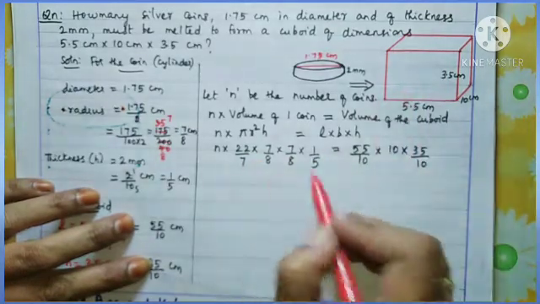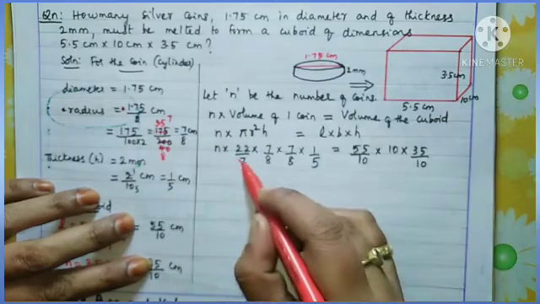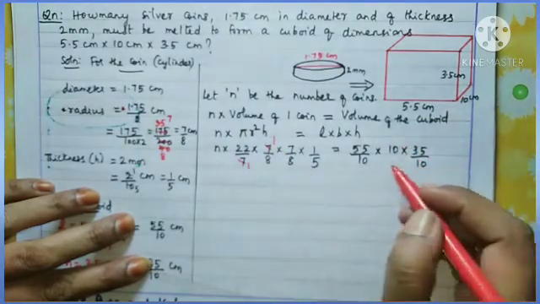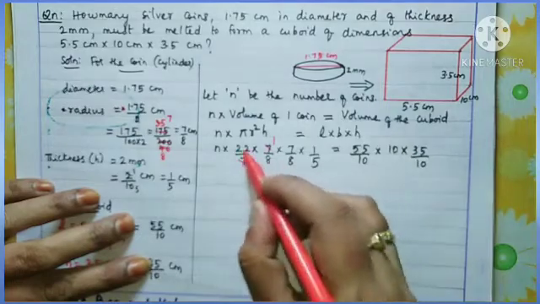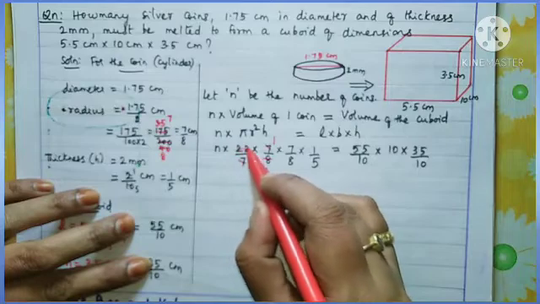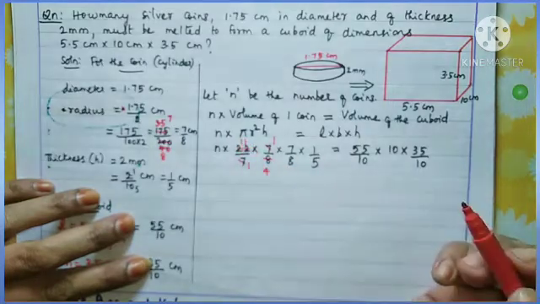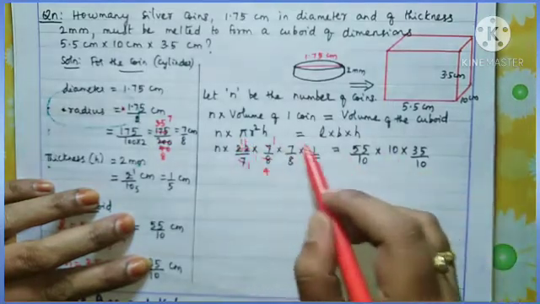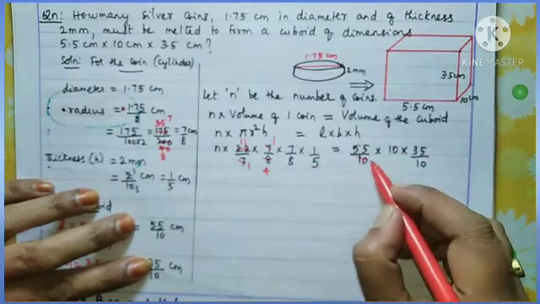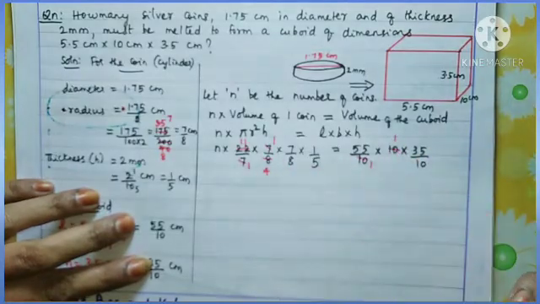So here you see, here 1 7 can be cancelled. And here this 22 and 8 can be cancelled by 2 table. 4 2s are 8. 1 2 is 2, 1 2 is 2. Then any more this side? No. Come to this side. This 10 and 10 can be cancelled.